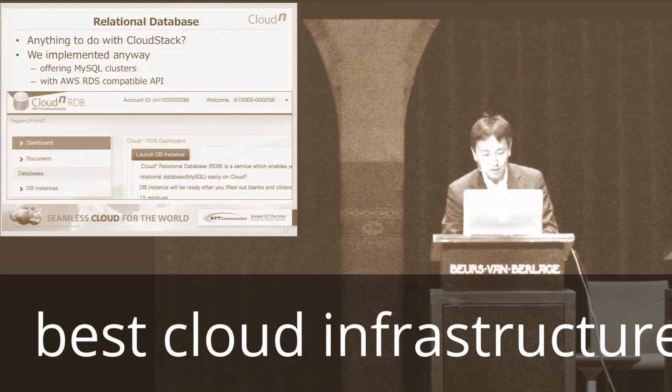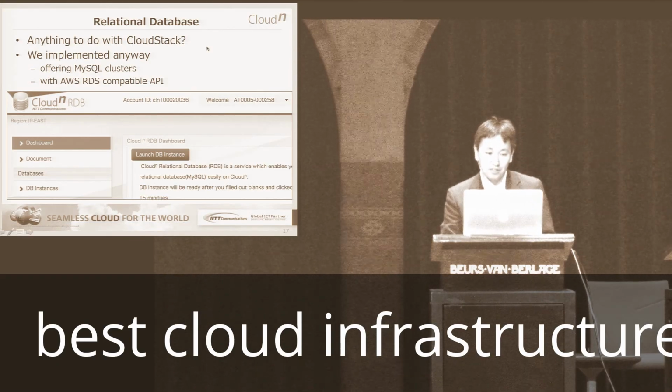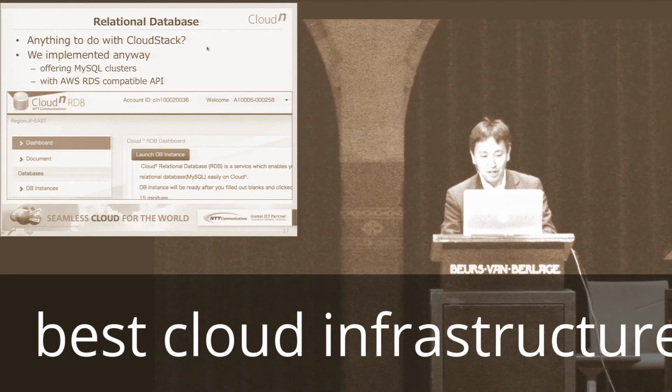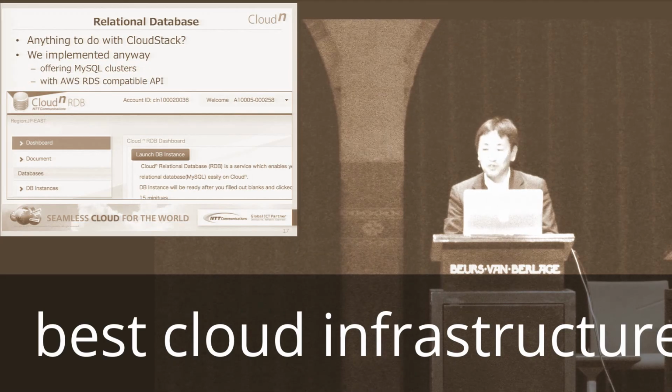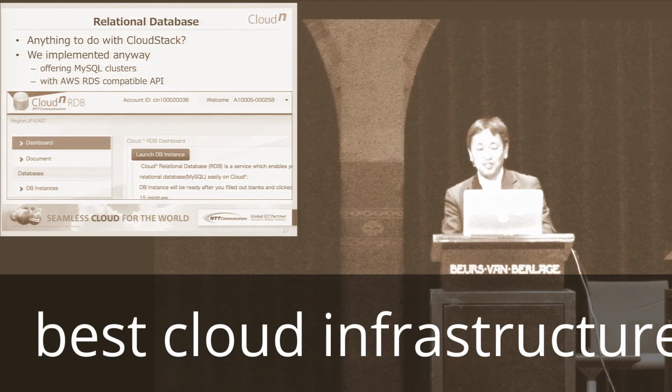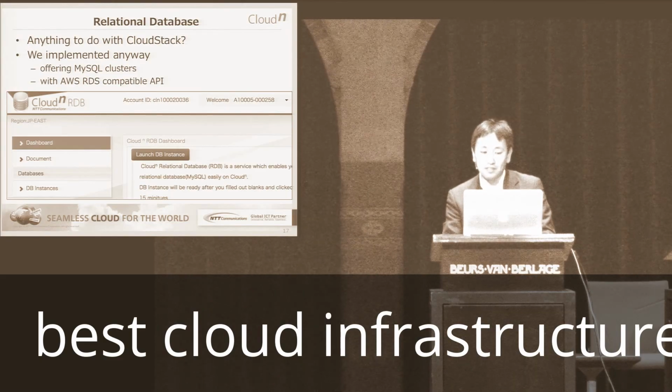So there are more and more services, like a relational database. I wouldn't omit the rest, but does it have anything to do with CloudStack? I wouldn't say that it is really using CloudStack, but we implemented it anyway and provided